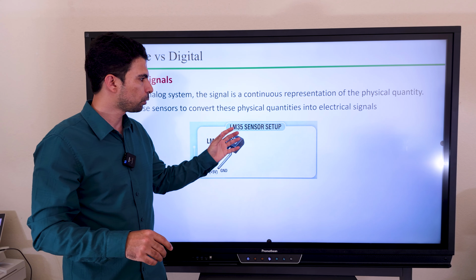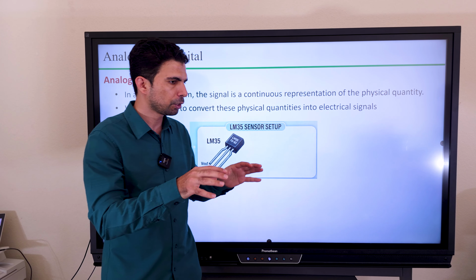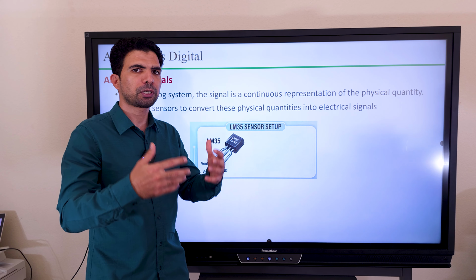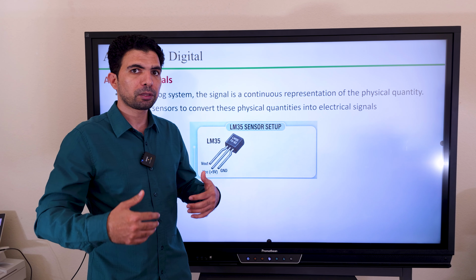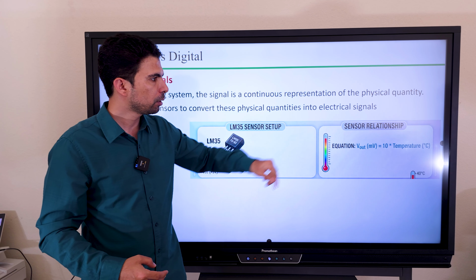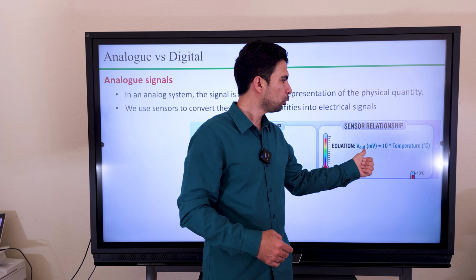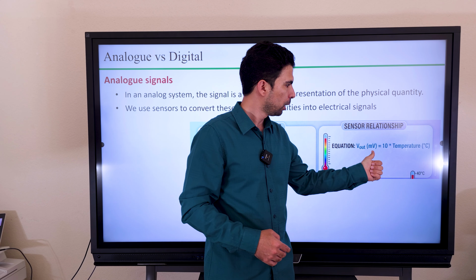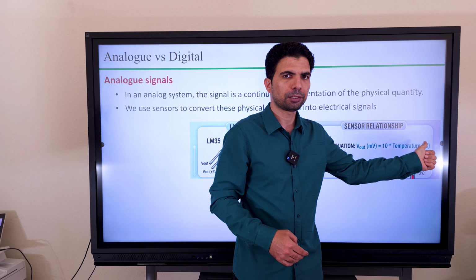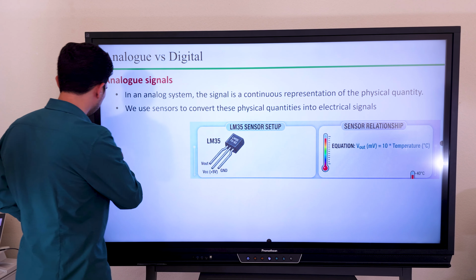So the sensor reads the room temperature, converts it into voltage, and in our computer, we convert the voltage back to a temperature value. And to do so, we need to know the relationship between the temperature and the output voltage. And this is our relationship. The equation says the output voltage in millivolts is equal to 10 multiplied by the temperature in degrees Celsius. That means if we have a temperature